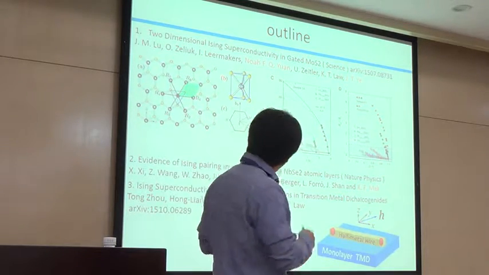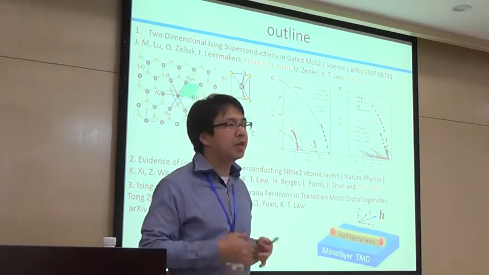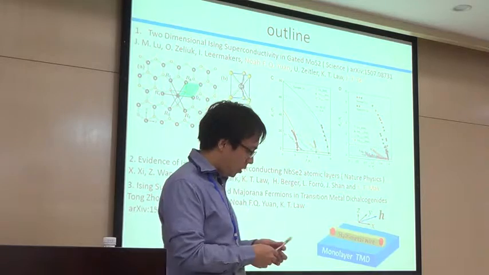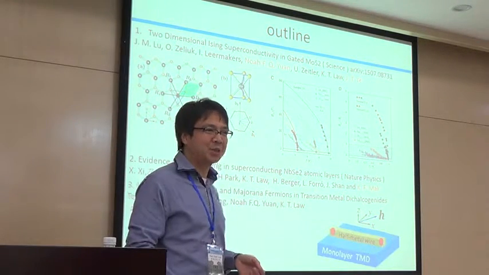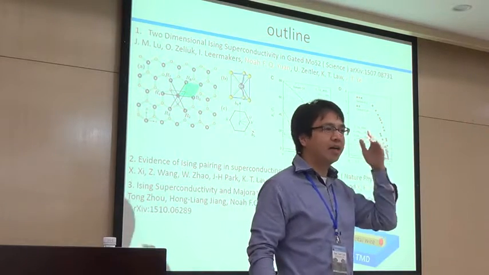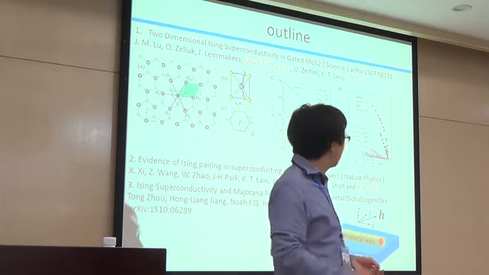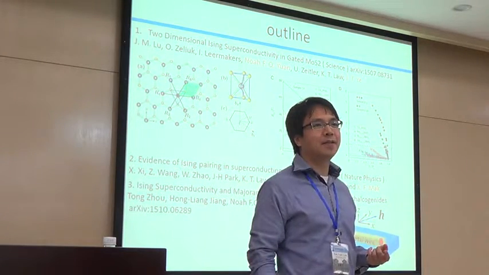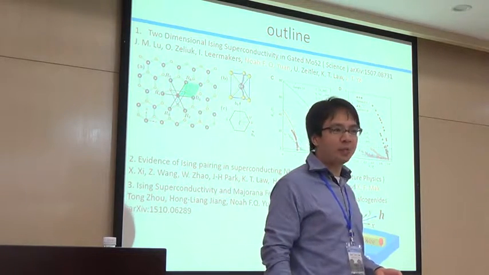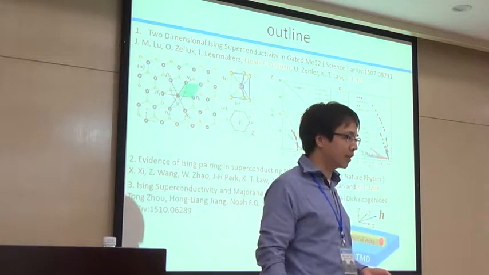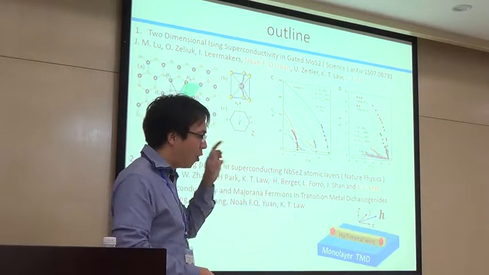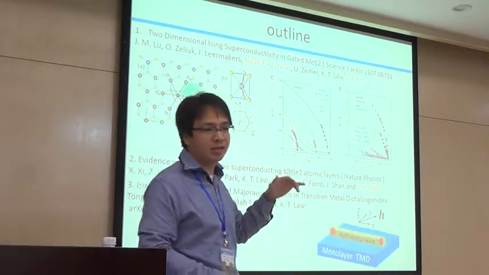But the thing is that for graphene, the intrinsic superconductivity has never been observed yet. But for this material, it is superconducting. Okay, so that is the third thing. If you want to study interesting superconducting phases, this is the material you want to go to. First, you have the honeycomb lattice, and second, you also have strong spin-orbit coupling. And intrinsically, it is superconducting. I will explain a little bit more later what I mean by intrinsically superconducting.